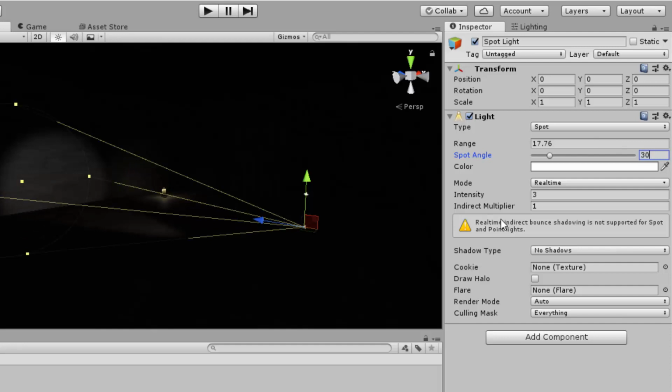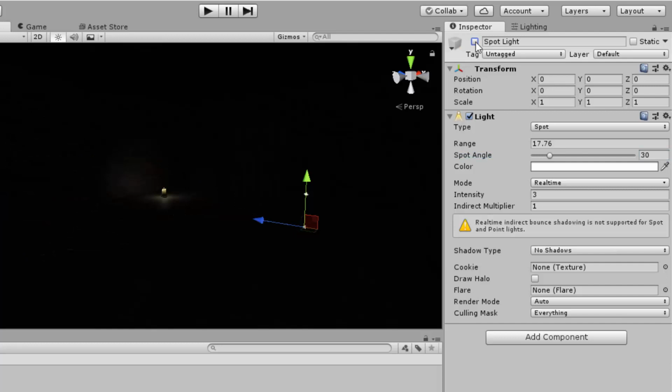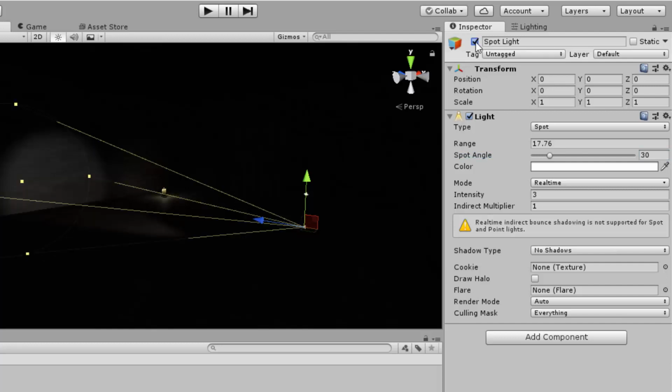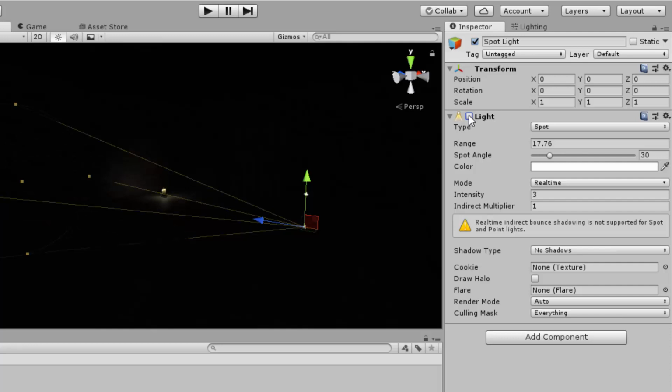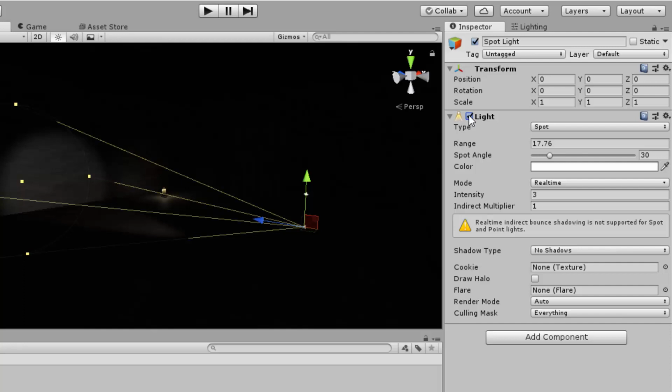We want to be able to turn it on and off. Really, we want it to begin being off. So next to the spotlight, I could uncheck that whole entire game object, but actually I'm going to leave the game object turned on, and we're going to learn how to turn on and off game components. We want the light component to be able to turn on and off. If I click on it, that's disabling it, or really setting the enabled property to false. If I check it on, that's setting the enabled property to true.